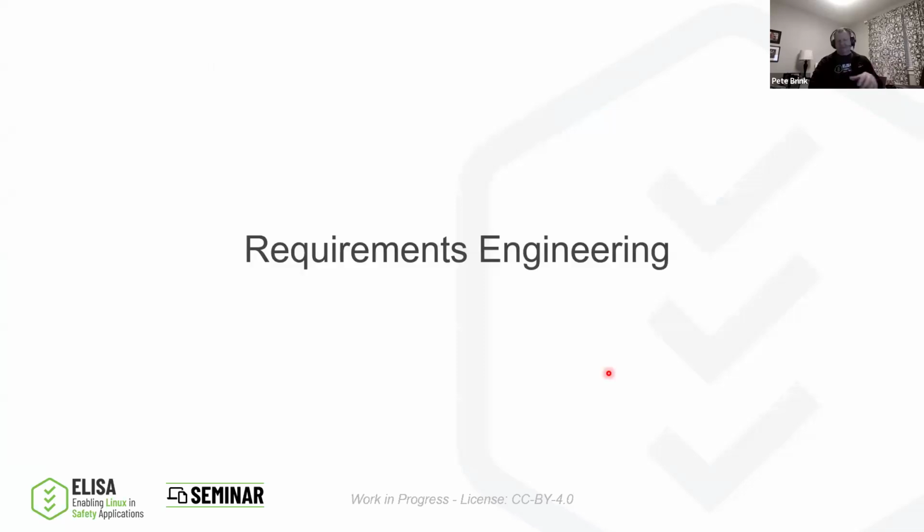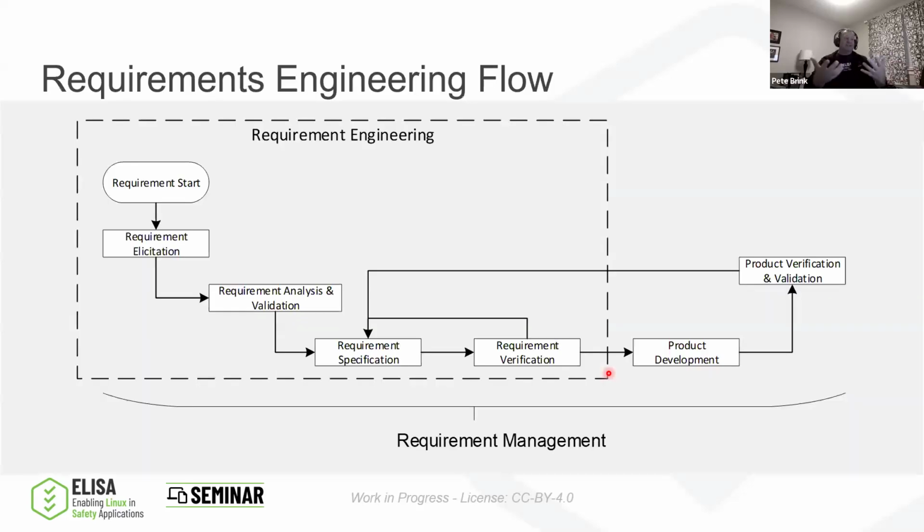Okay, so we have a basic understanding of what the nature of requirements actually is and why we might want to put them in place. So there's a basic process flow that can be associated with them, and it's what you would expect. You don't just write the requirements and expect that they're going to be right the first time. Let's just put it that way. In this instance, we start with requirements. We start at the start, obviously, where it says start.